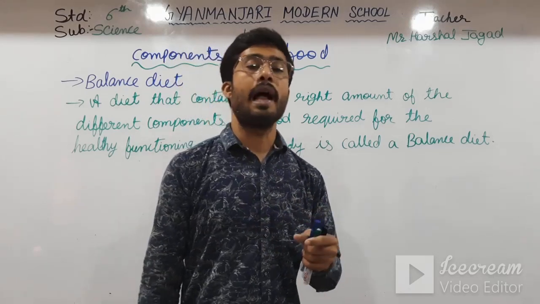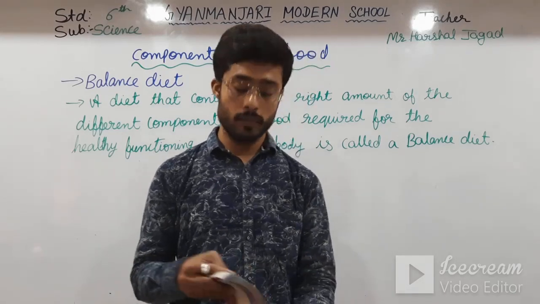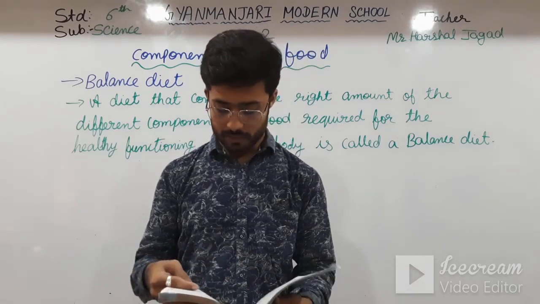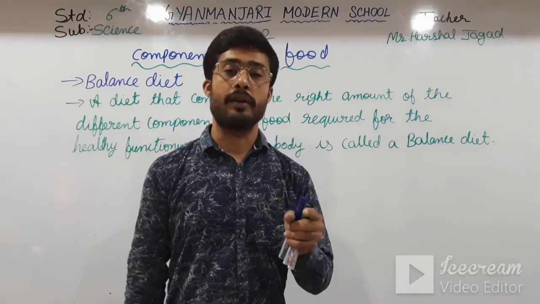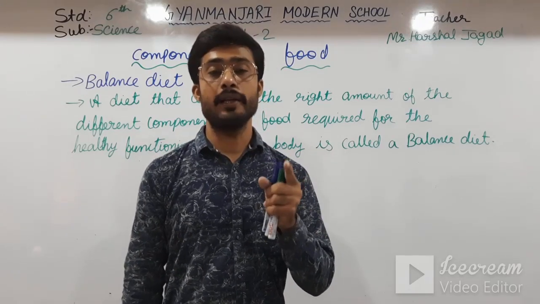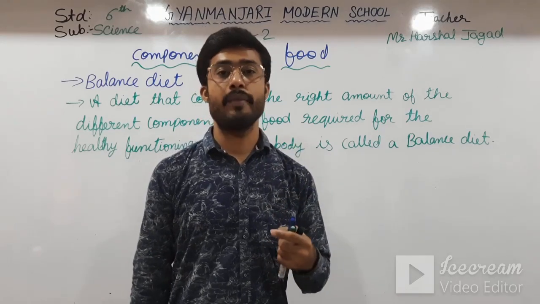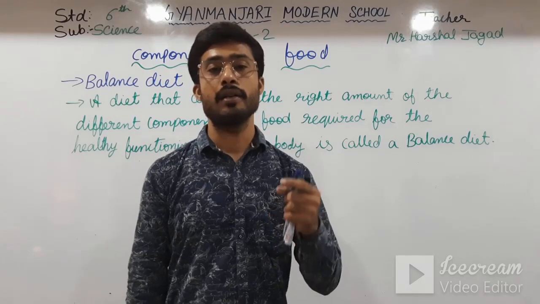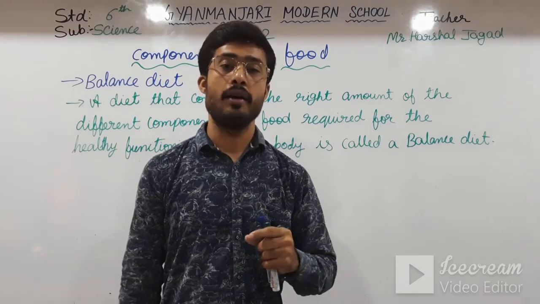Okay students, and how can it be made at home? That is, how many spoons? 8 teaspoons of sugar and 1 teaspoon of salt in 1 liter of drinking water. Okay students, so we can make the oral rehydration solution, and by drinking that we get rehydrated. Okay students,